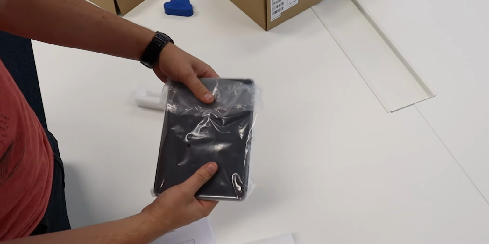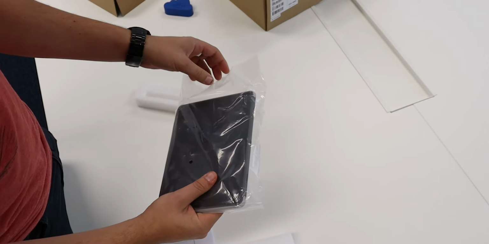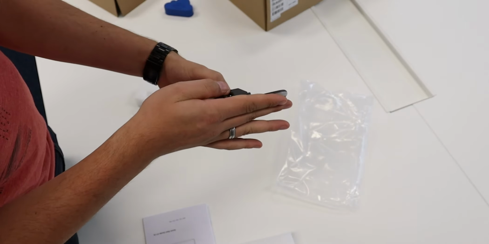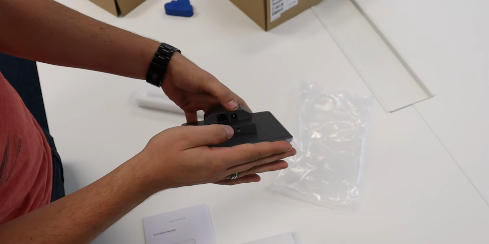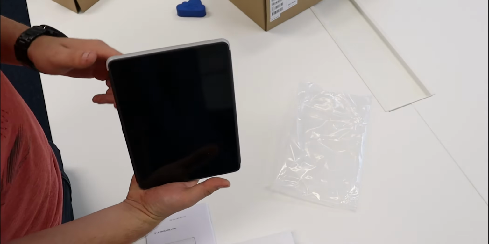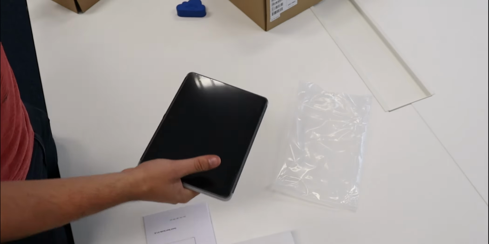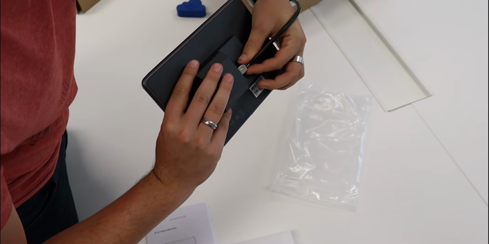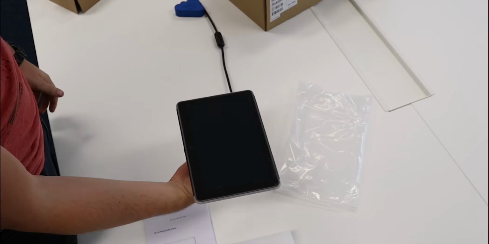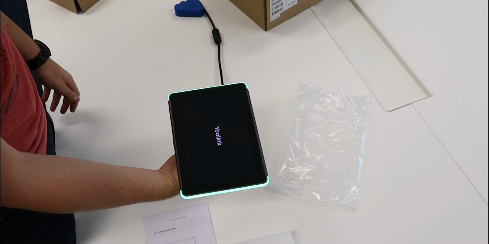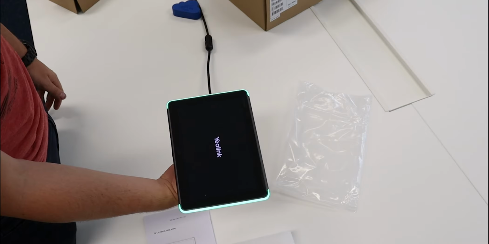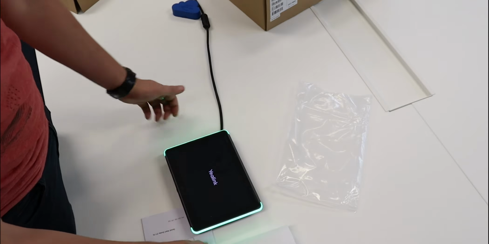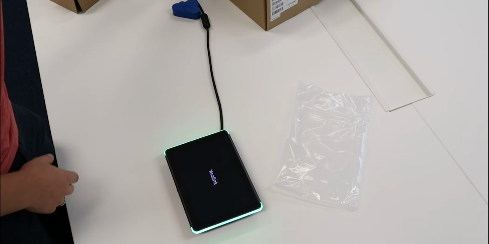The room panel has a really slick, slim design, a bit like a tablet, as I said. And it comes with an Ethernet connector and a power connector. So for this unboxing, we have a power over Ethernet connection. So let's plug that in. As you can see, I need to put it right here. And as soon as the power is connected, you can see the lamps already. And that will also be the color if your room is going to be available, yes or no. So the Yealink will boot up.